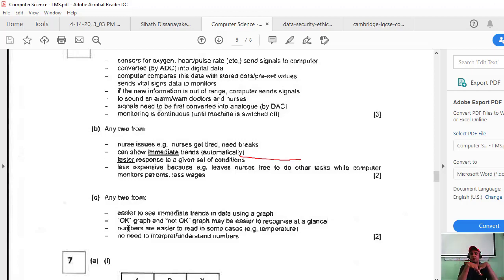That comes from experience. Numbers are easier to read in some cases, such as temperature. Sometimes there is no need to interpret numbers; you can directly see the graph and decide. Okay, those are the points.